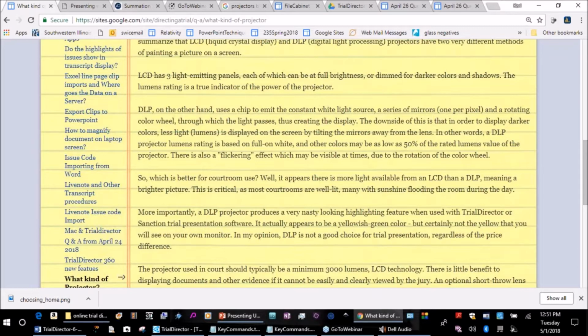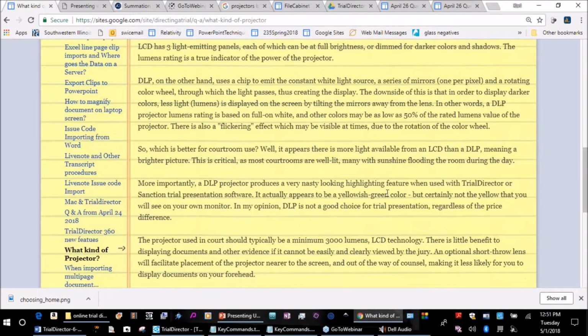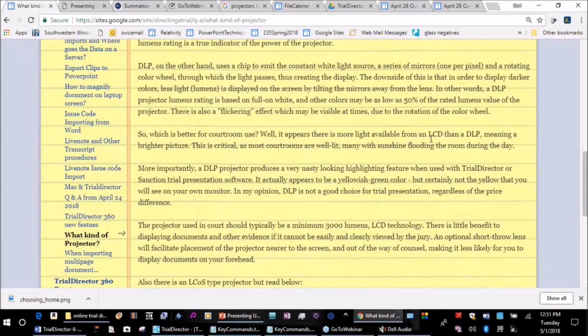And then what this means, the bottom line on this, is a flickering effect, which can be visible at times during your presentation due to the rotation of the color wheel in this technology. So which is better? Well, it appears there is more light available on LCD than DLP, meaning the brighter picture,